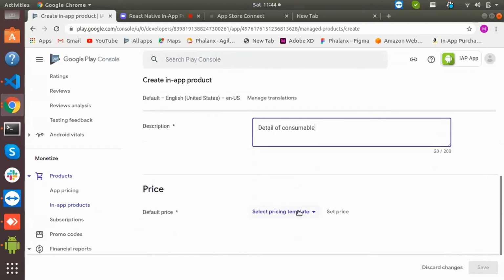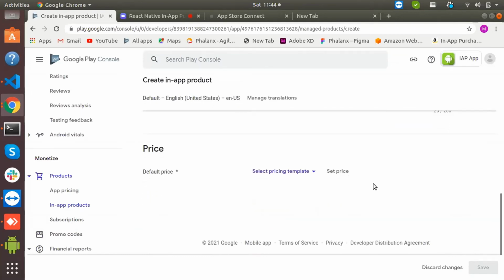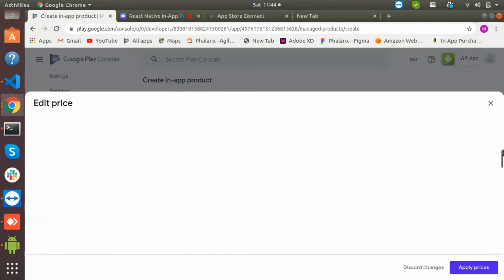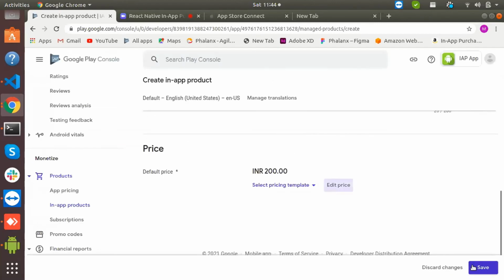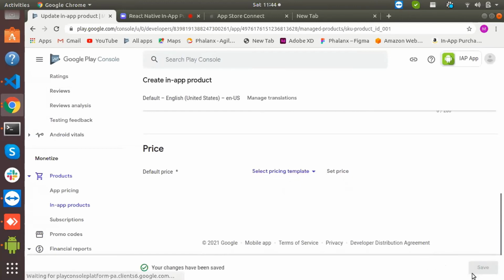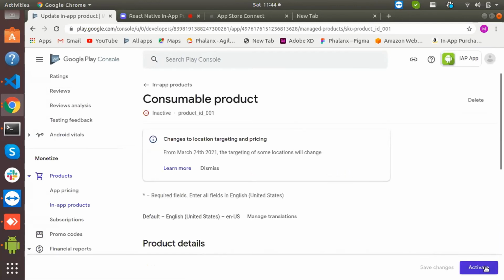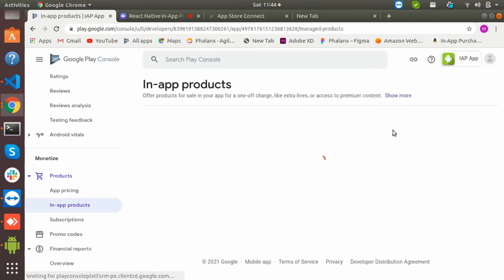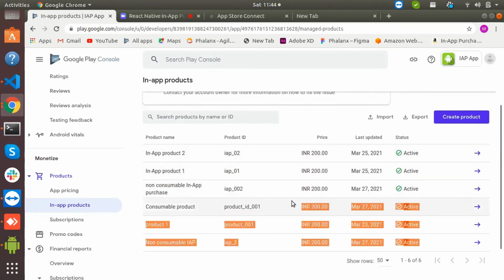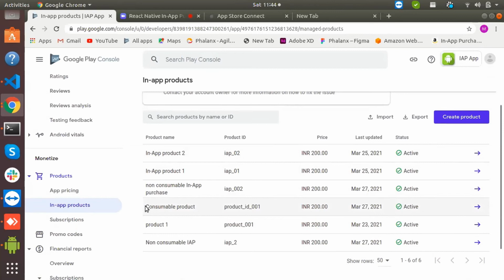Then we need to give the pricing details. Here I can give 200 rupees and just save. Then we need to activate that product. Now we can see this consumable product is listed and it is in active state.